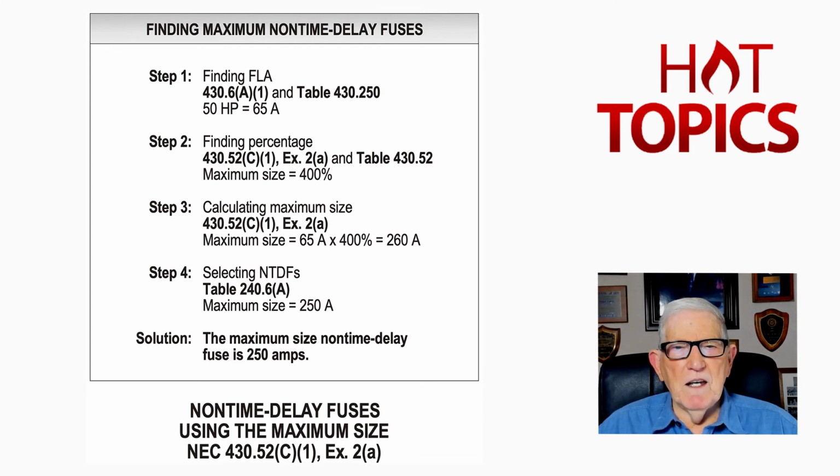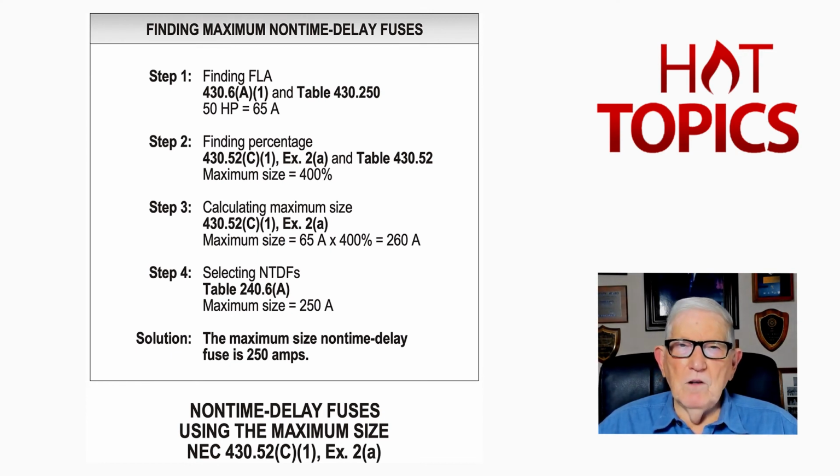So the application in step 3, 400% of 65 is 260. But now notice there's no exception to let you round up. You must round down because the exception 2.1 says you can't exceed it. So we would round down to 250,